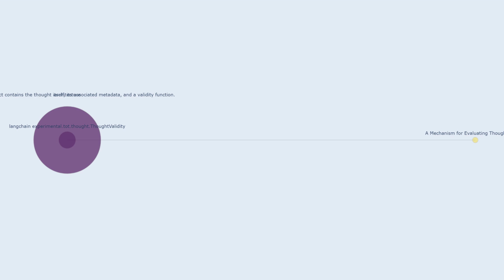The thought object contains the thought itself, its associated metadata, and a validity function. The validity function is applied to the thought object to assess its quality. For instance, if the thought object is a proposed answer to a question, the validity function could check if the answer is consistent with the question, if it is relevant to the context of the question, and if it is